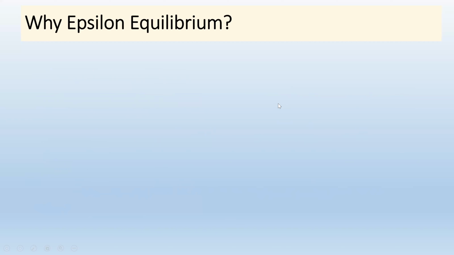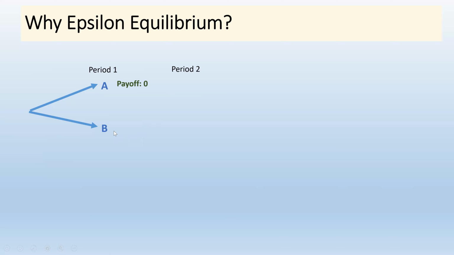Okay, so why epsilon equilibrium? Good question. I have just the answer for that. So here is an example of a game that does not have an exact equilibrium, but has an epsilon equilibrium. Think of a game with one player that has 2 actions, called A and B, and this is period 1. If he chooses action A in period 1, his payoff is 0, and the game ends.